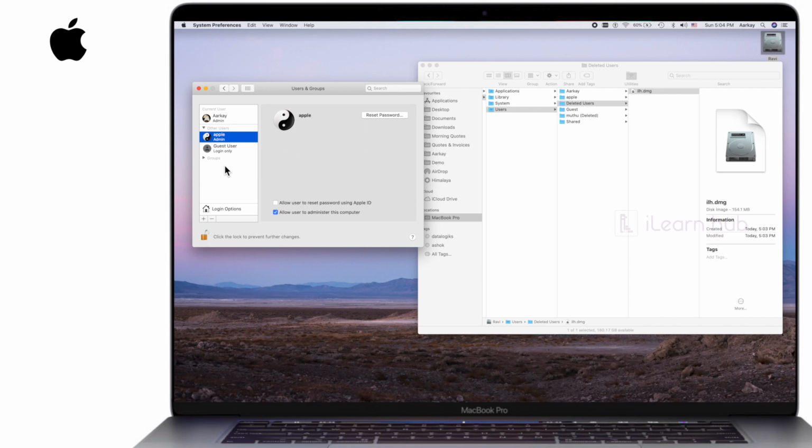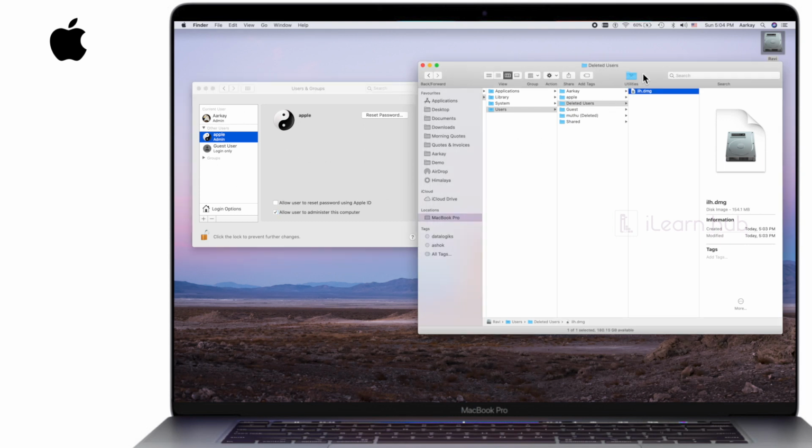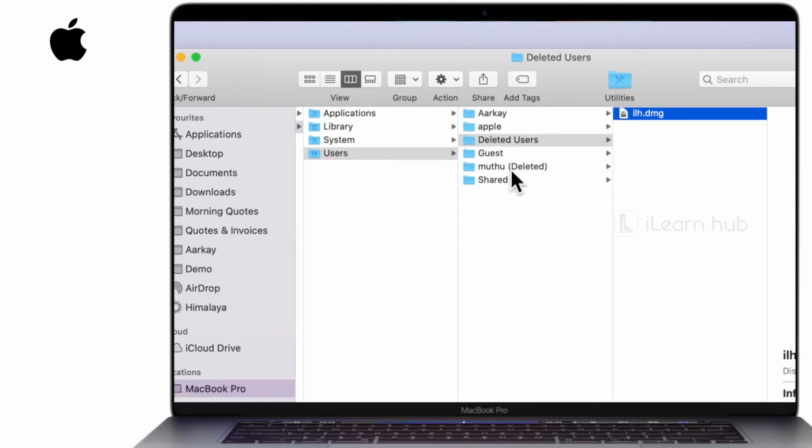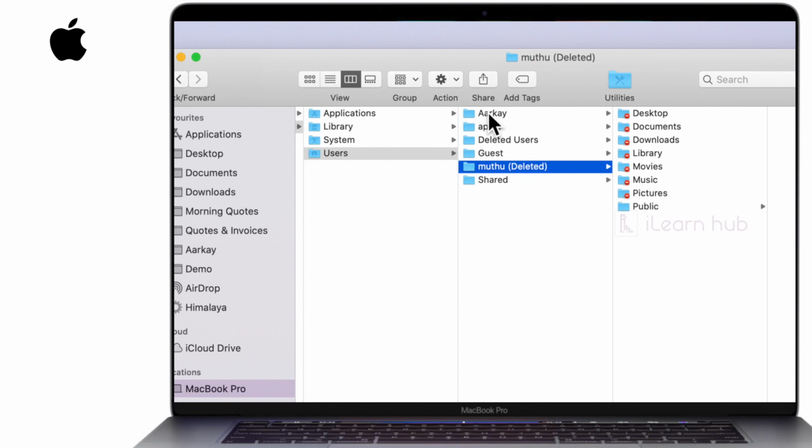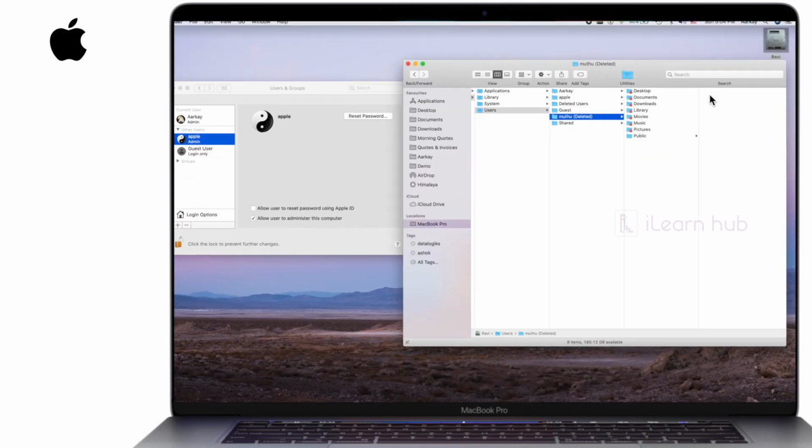It just removes the user from the login users list, and next to the username you can see inside brackets that it got deleted.